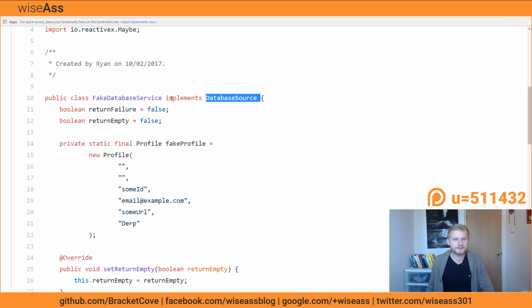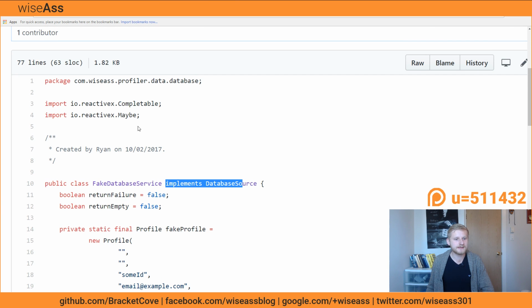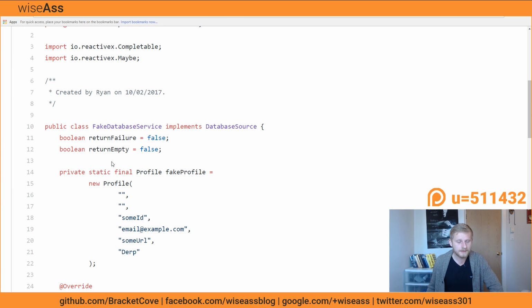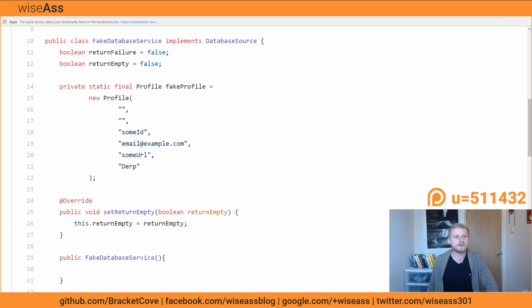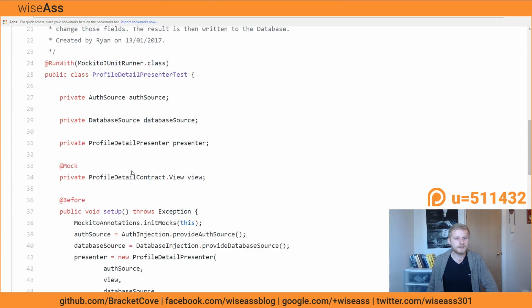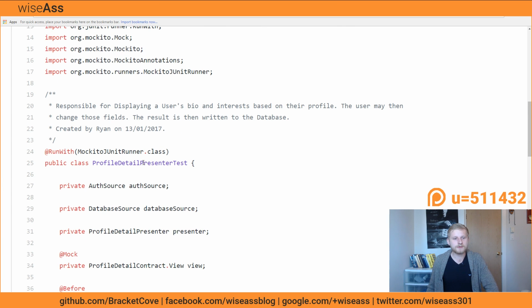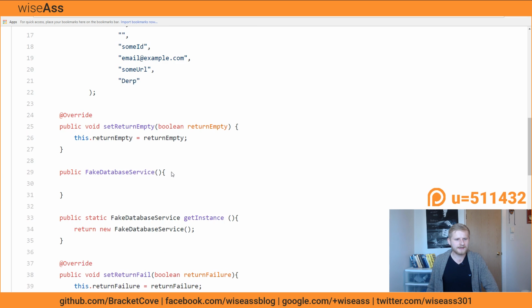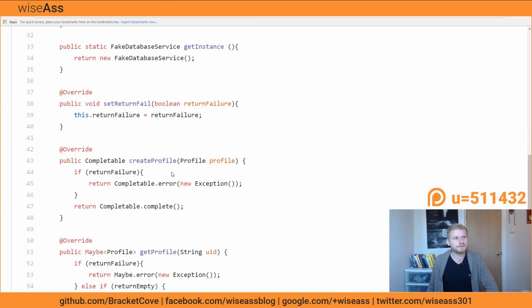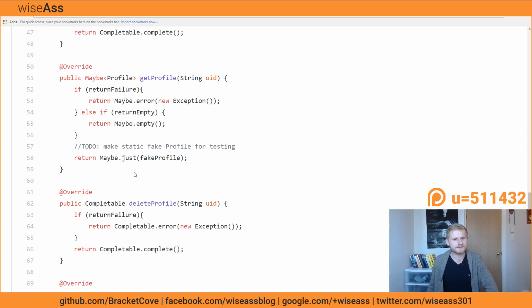So this is implementing the same interface as the real database service, which, if I recall correctly, is a Firebase real-time database. And again, all that we're really doing here is having our presenter talk to a model and a view which is a test double. It doesn't actually exist.